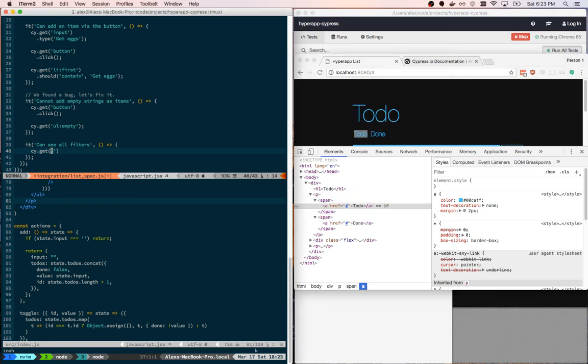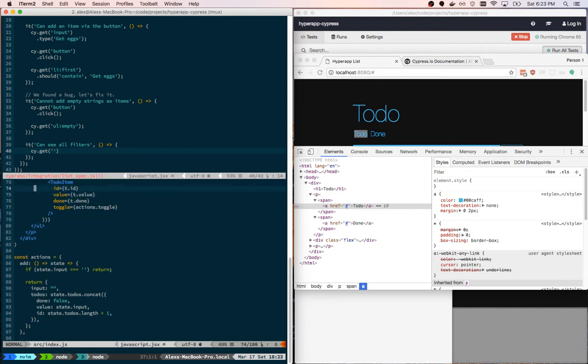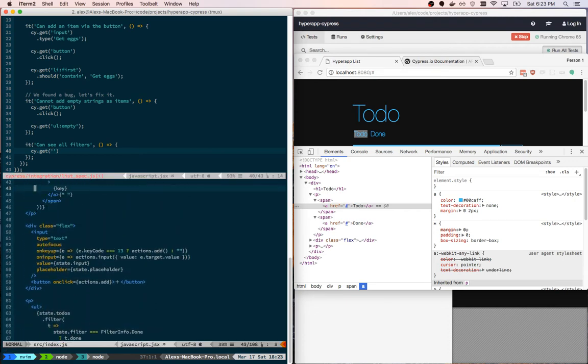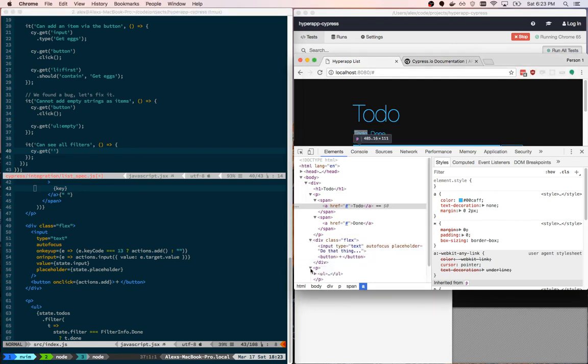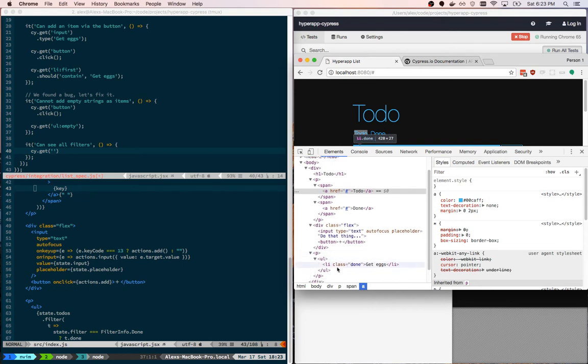So let's see, how do we do this? The first thing I can think of is how do we query? In this case, I think these are the only anchor tags. So if I look at our UL, we just have an li. It's pretty blank. We don't have any other anchors. So to me, it sounds like we could do something like get a